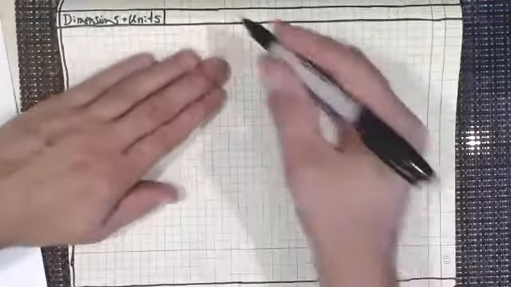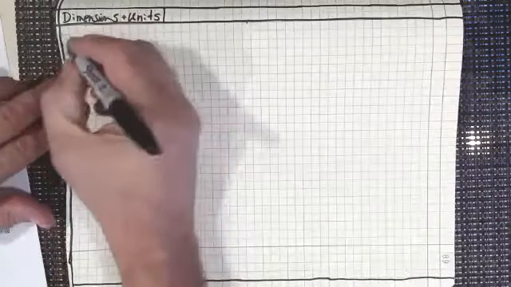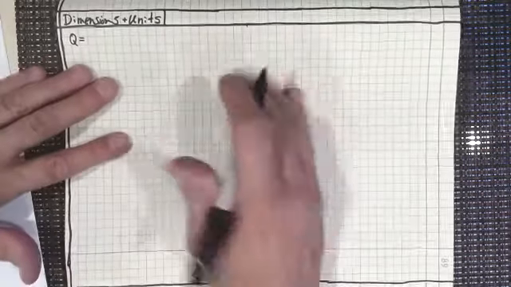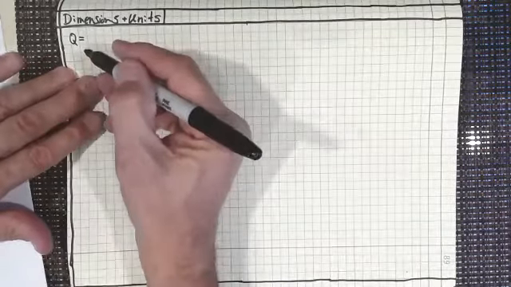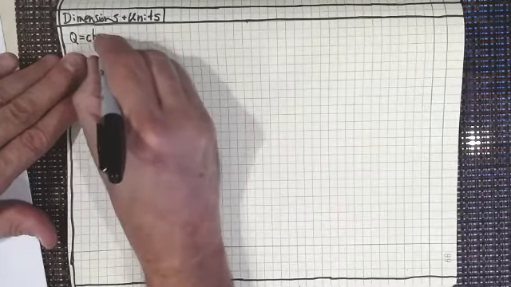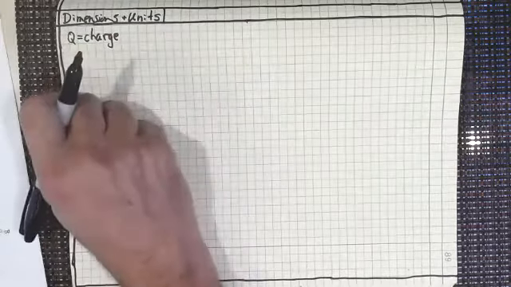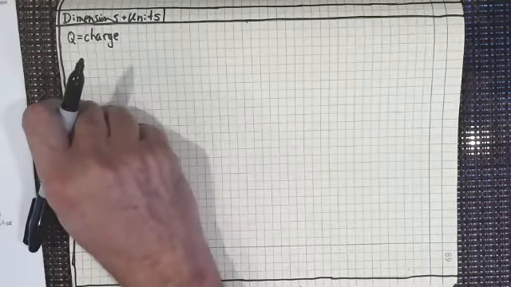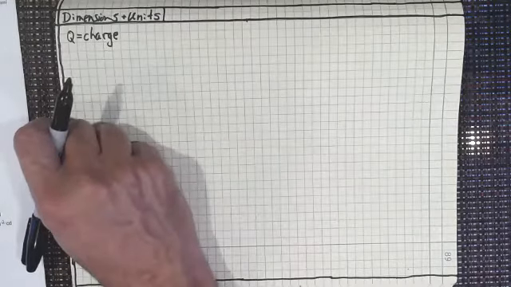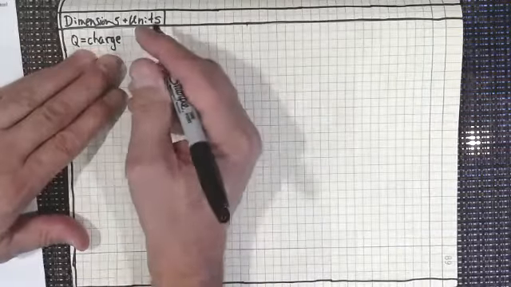What I want to do now is talk a little bit about charge. When we think about charge, usually charge is represented as Q. Sometimes a large Q, sometimes a small Q, but it's usually represented as Q. And you might have remembered me saying in lecture 1 that had I been back there at the convention on the units, the System International in Paris, I would have probably voted to go with charge rather than current as